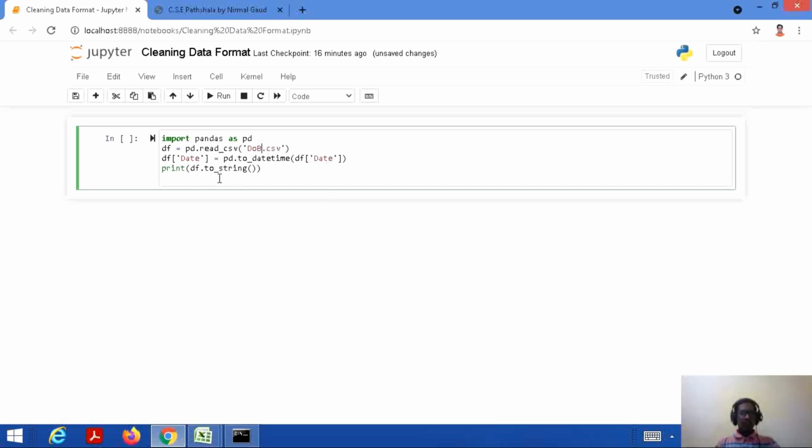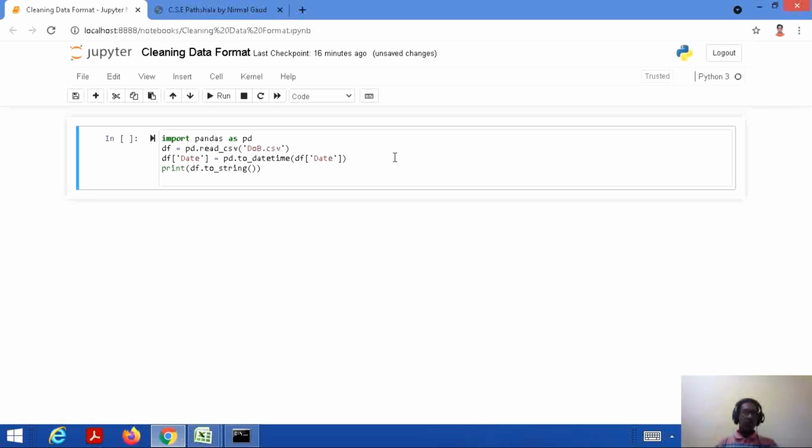Then what we are doing here is df date. So in this data frame we are taking the date column, that is equal to pd.to_datetime. We are giving here the argument as df date.